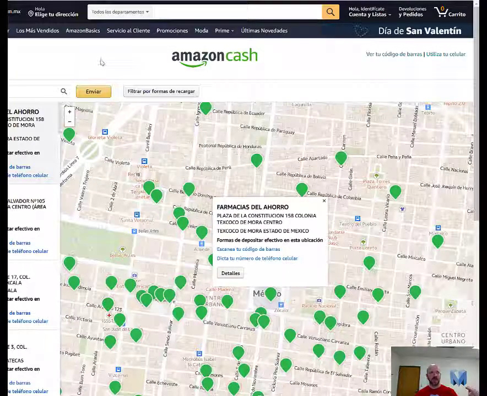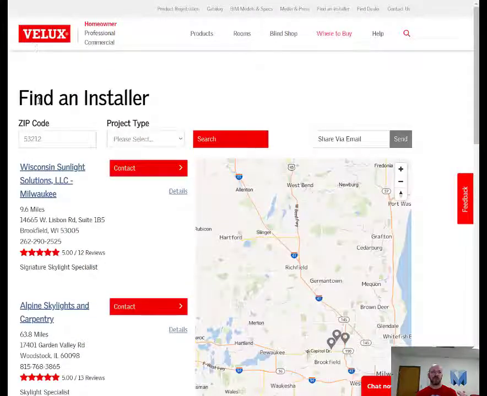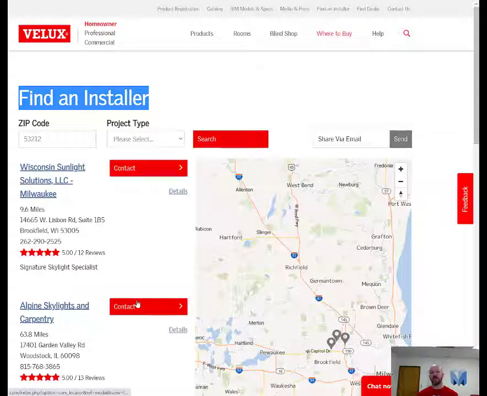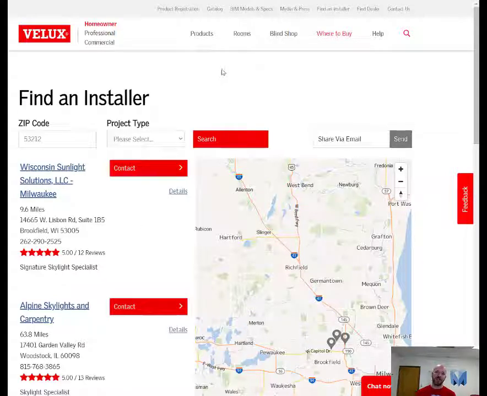So in this Amazon example, right below the logo is where the code is pasted. Similarly, in this example, right below their page title, Find an Installer, is where you'll find that one line of code from the MetaLocator installation process. And that's all there is to it. It's a one-time copy and paste operation. And then forever after, the locator and the data behind that locator can be maintained directly from that